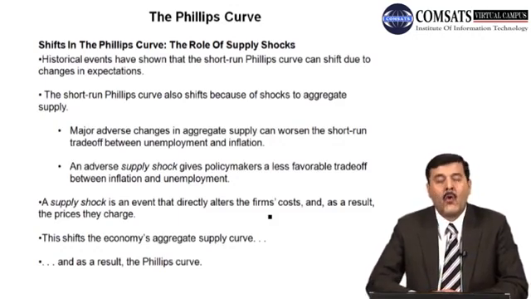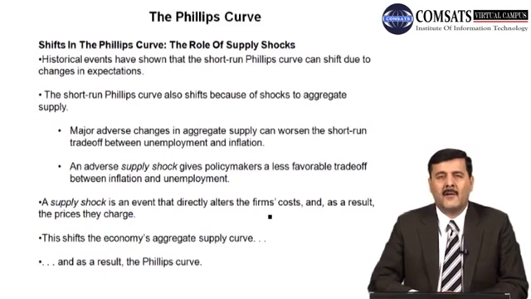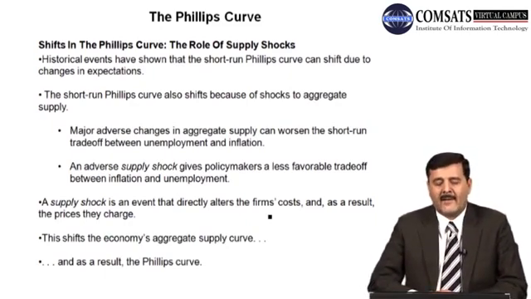Historical events have shown that the short-run Phillips curve can shift due to a change in expectations. So this is what we have learned, that history and economics tell us the short-run Phillips curve can be shifted, can be changed, because of a change in expectations. The short-run Phillips curve also shifts because of shocks in aggregate supply. Because of aggregate supply too,